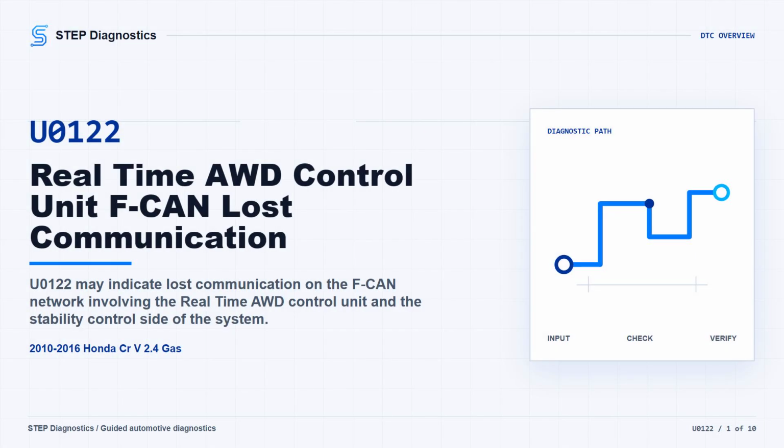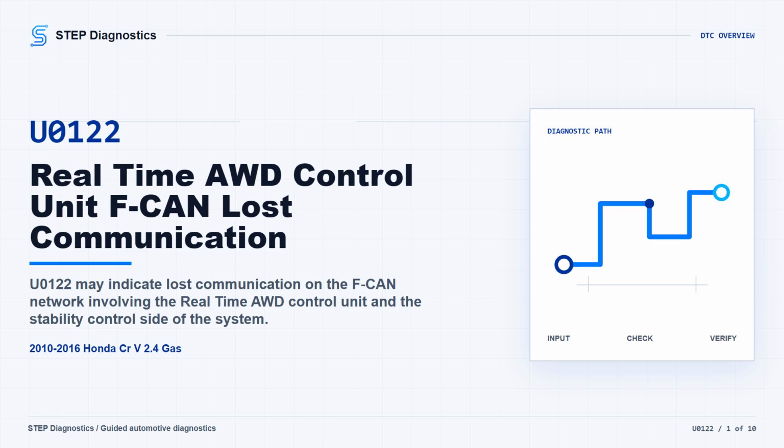This episode is for U0122 on a 2010 to 2016 Honda CR-V with the 2.4 gas engine. In plain terms, this code may mean the real-time AWD control unit is losing communication on the FCAN network with the stability control side of the system. The vehicle may show AWD or stability-related warnings, and AWD or stability functions can be limited while the communication fault